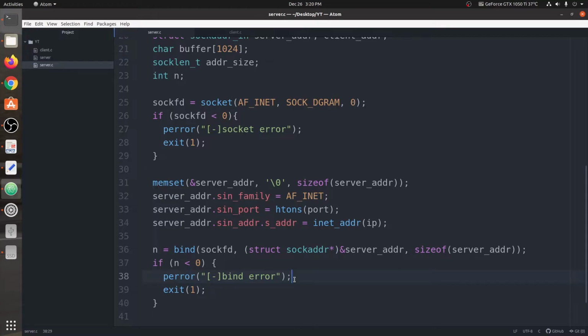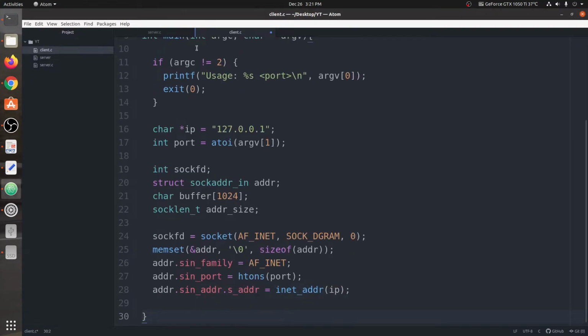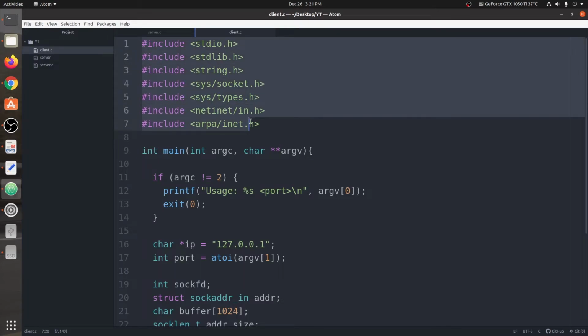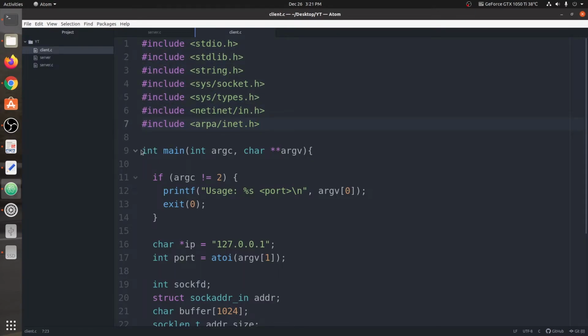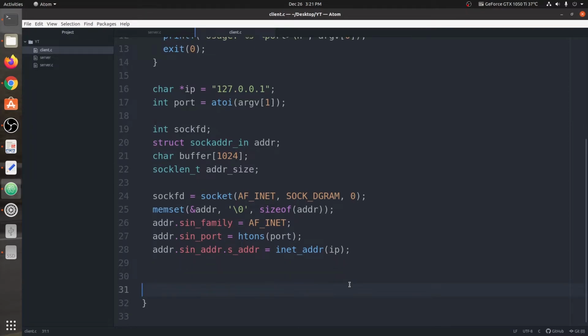Okay, so what we're gonna do here, we're gonna have our client here, we're gonna work with the client now, because some things are going to be the same for the client. So I'm directly going to copy paste them here. Okay, and then we're going to understand the structure of the program. So these are all the header files from line number 1 till line number 8. At line number 9 we have again the main function which returns an integer, and at the end we need to return a 0.